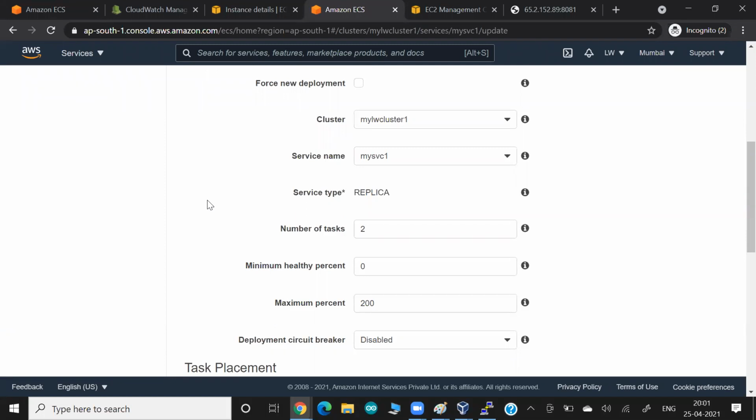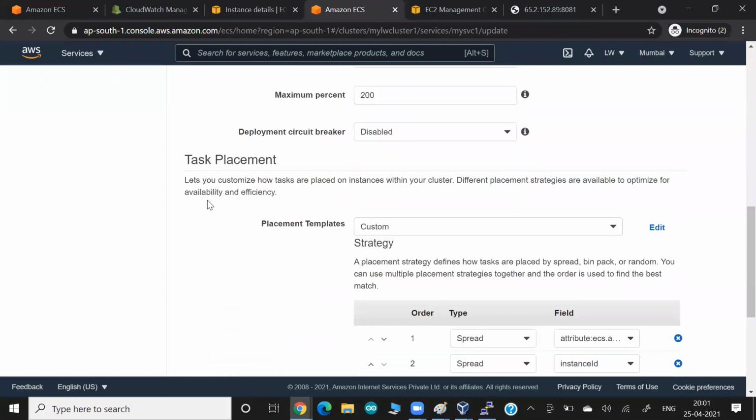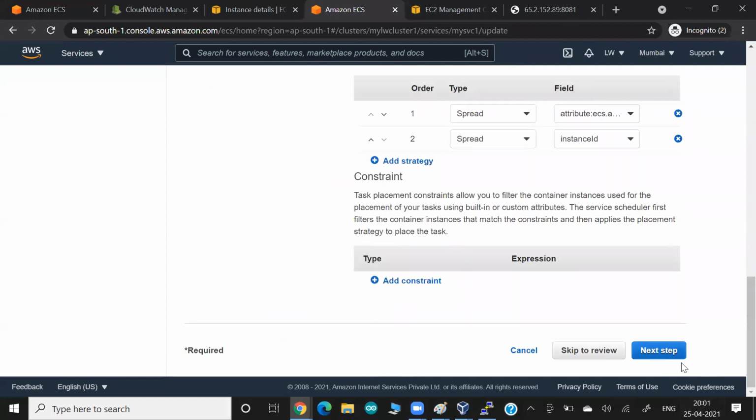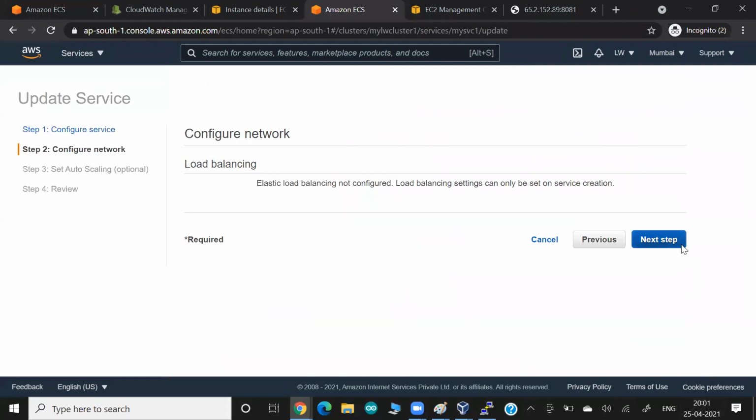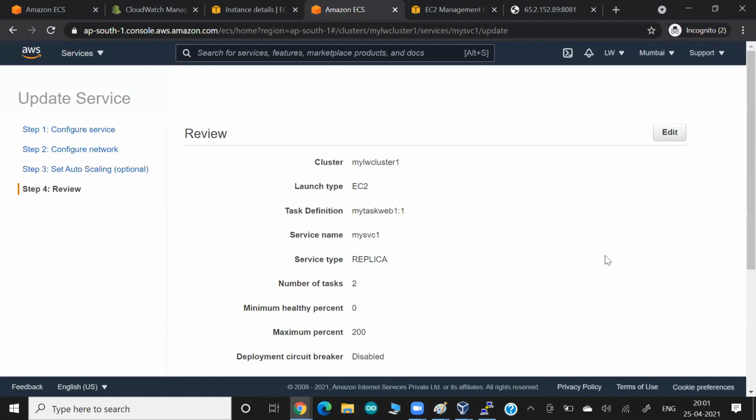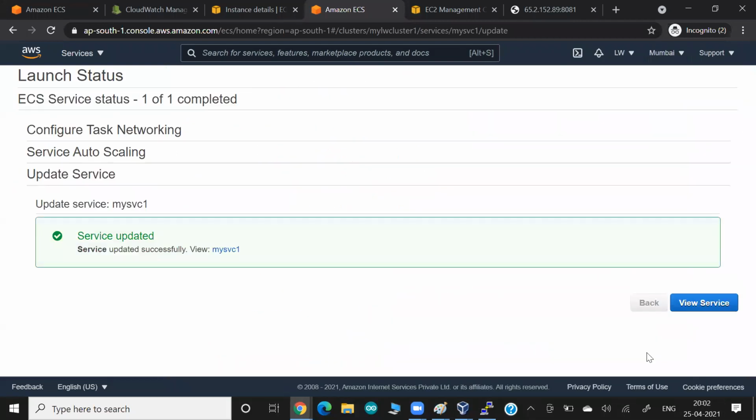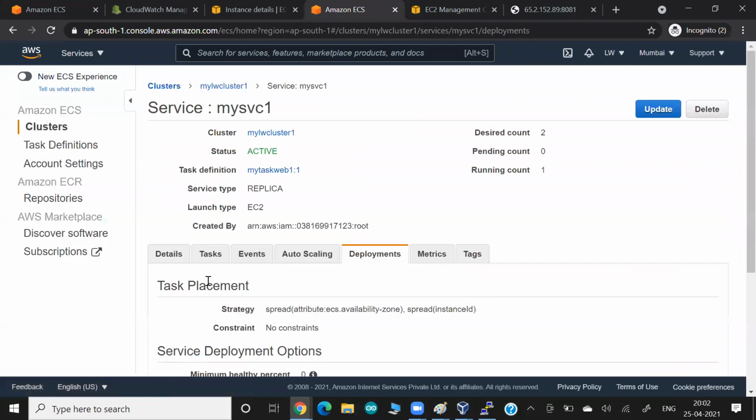Okay, so it means two tasks. Technically here it means two containers they launch for you. Anything extra? No. Next step, and next step, and update. Okay, so the service got updated again, and technically now because your desire is